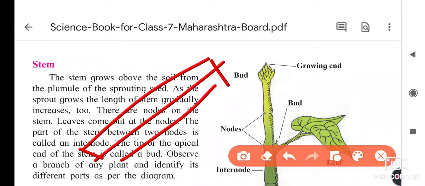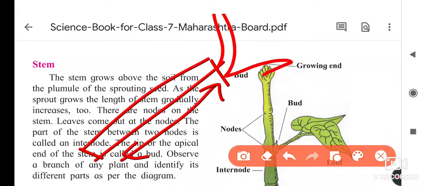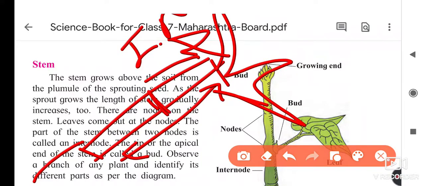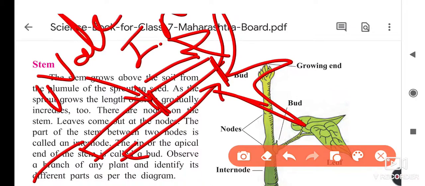The area between the two nodes is called an internode. This is the internode.